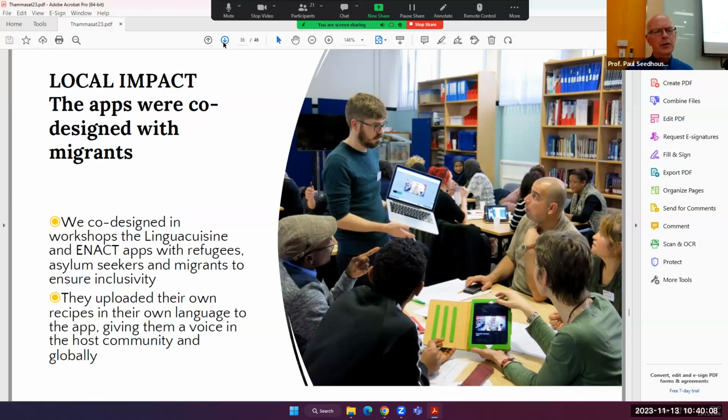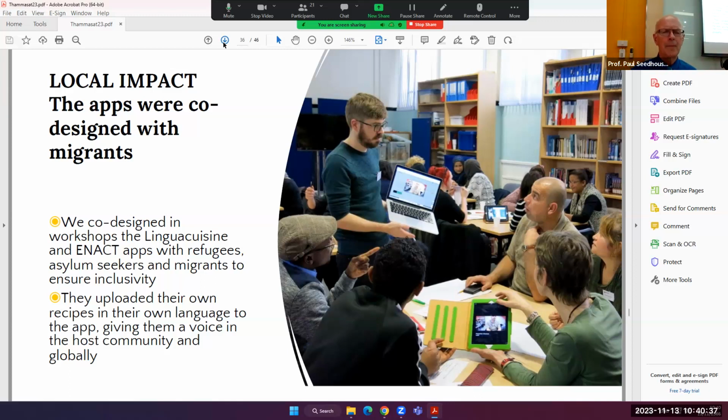There were quite a few migrants in Newcastle, and we work with migrant groups. So we got them in to design the interface for the app with them. This is to ensure that everybody around the world can use the interface. If we'd used British native speakers, then rather.